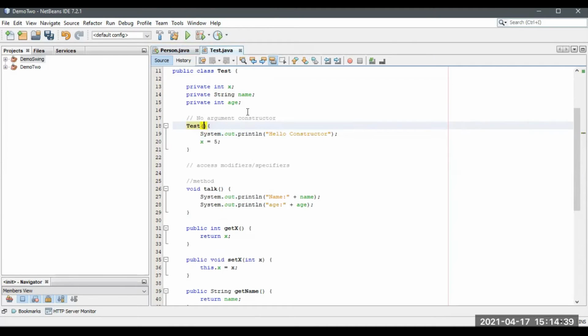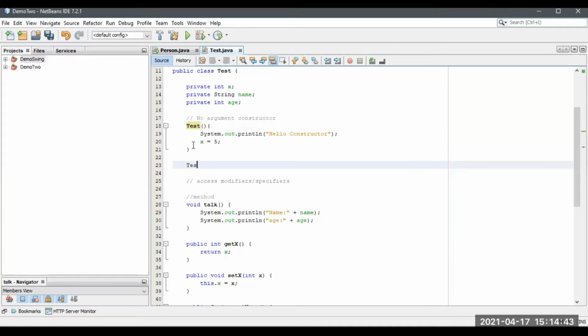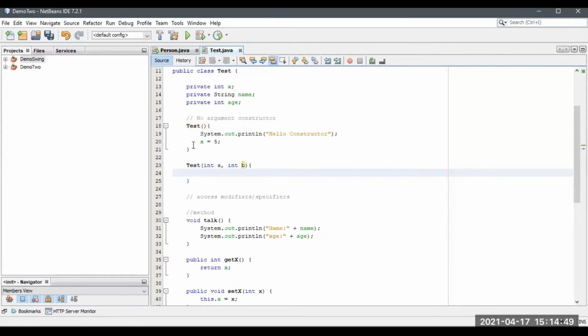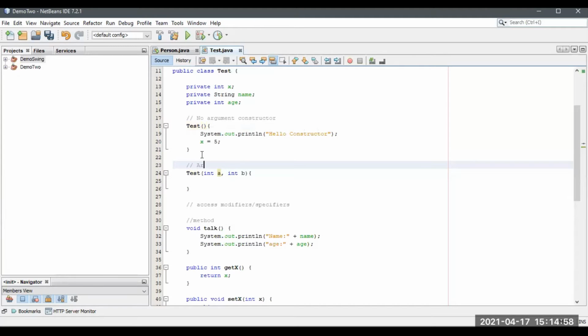Let me declare that so that it is useful for you. Test, and inside it A, and it should be like B. It has two arguments. Arguments in the sense of parameters, so we call them arguments or parameters. This is an argument constructor.